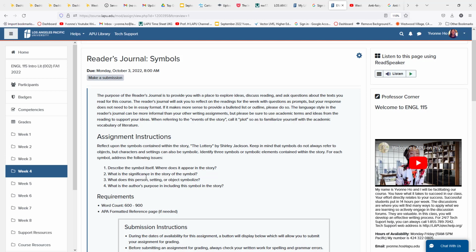What is the significance in the story of the symbol? What does this person, setting, or object symbolize? What is the author's purpose in including the symbol in the story? So basically you're going to look for 3 different symbols in The Lottery and then talk about what those symbols